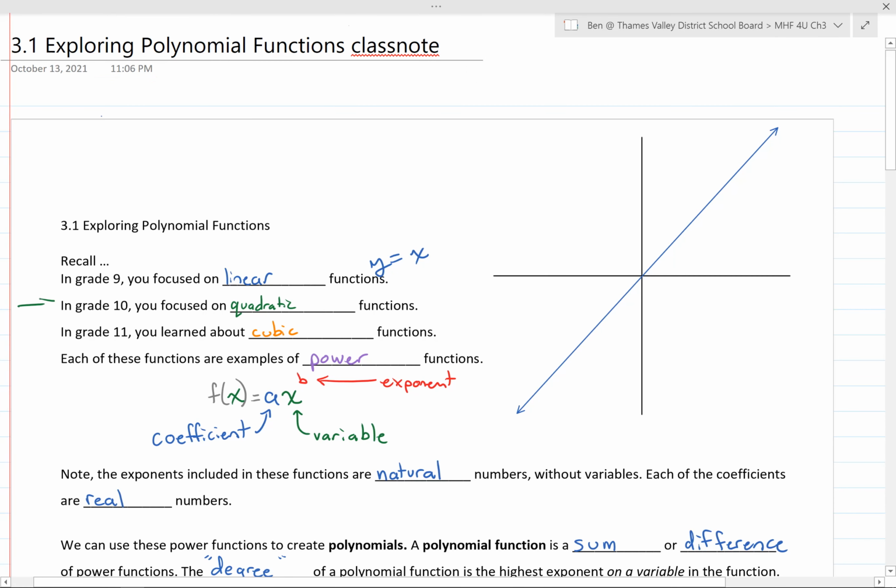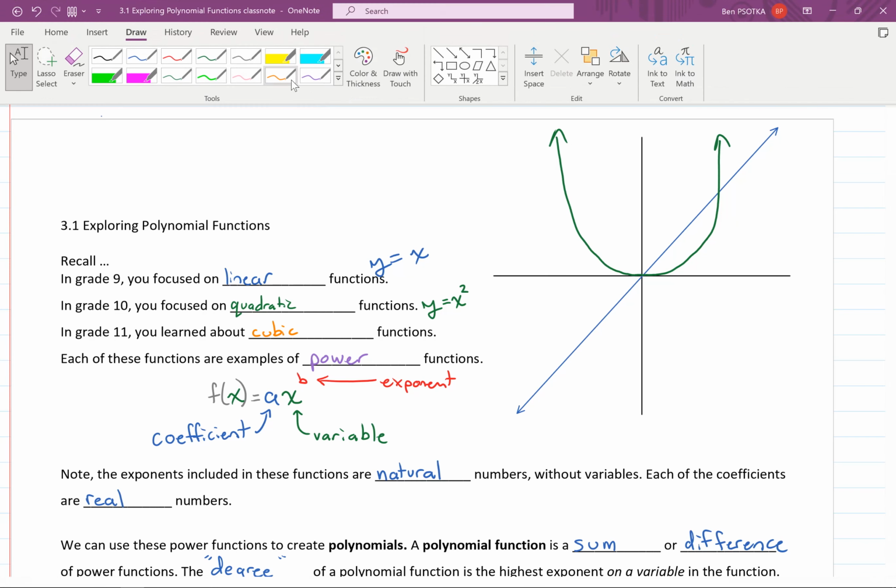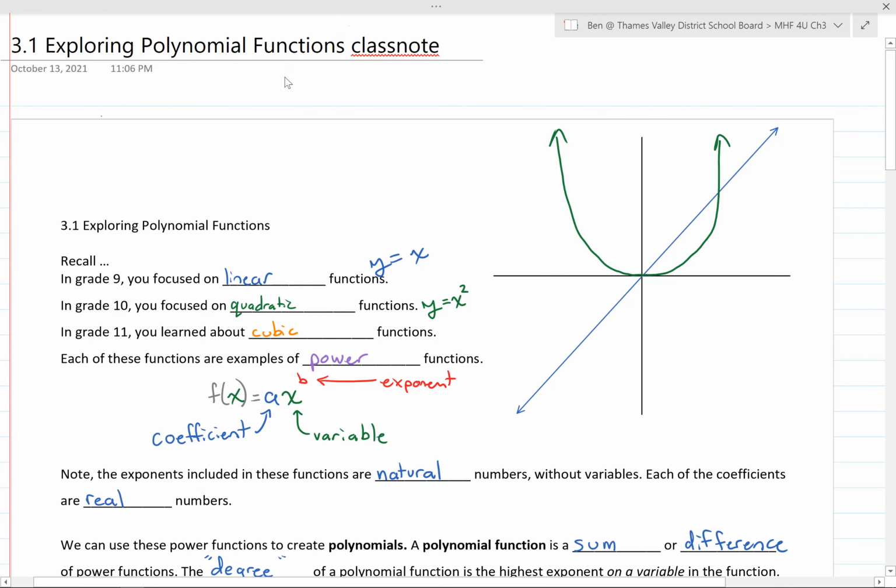Now, in grade 10, you moved on beyond linear functions. You started working on quadratic functions, and that is y equals x squared. It's your base quadratic function. Again, this should be extreme review for you. Looks something like this. In grade 11, you learned a few new functions, one of which was your cubic function,